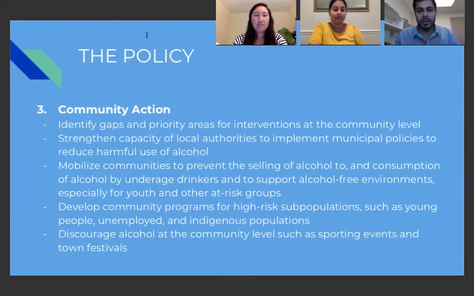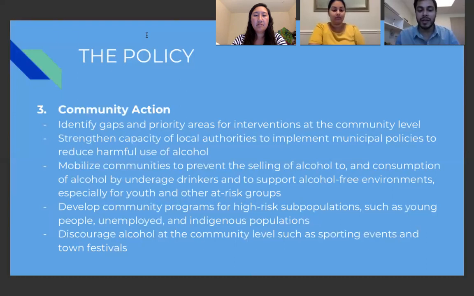Number 3 is community action. This entails identifying gaps and priority areas for interventions at the community level, strengthening capacity of local authorities to implement municipal policies to reduce harmful use of alcohol, mobilizing communities to prevent the selling of alcohol to and consumption of